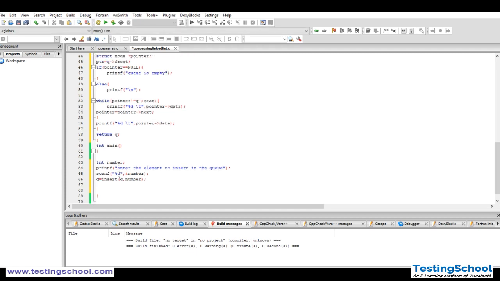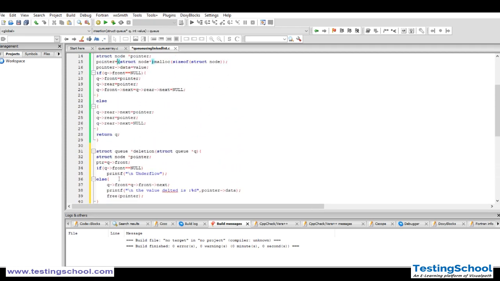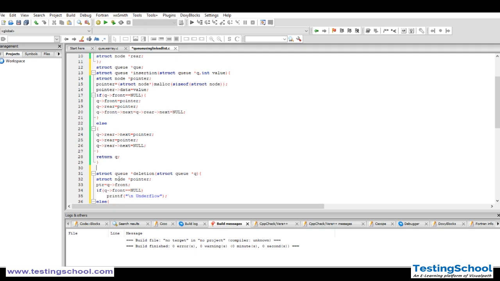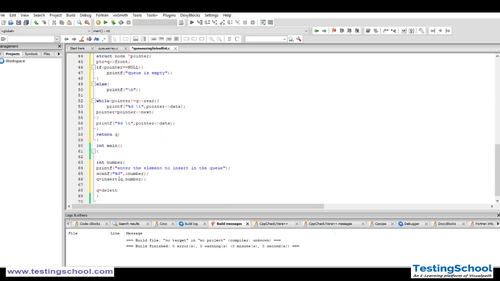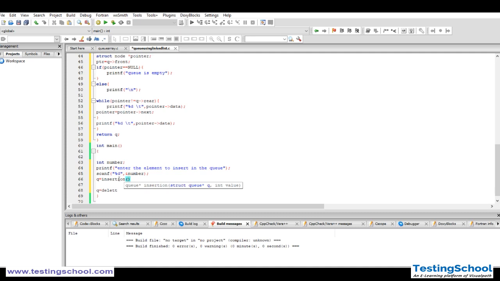Next, what happens to delete? Okay, q equal to delete or deletion. Did I give insert or insertion? I have to check whether I gave insert or insertion. It's insertion, right? Insertion. Okay, insertion of q comma the value as,